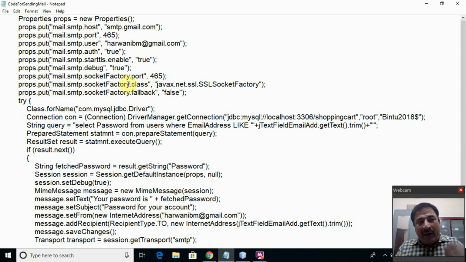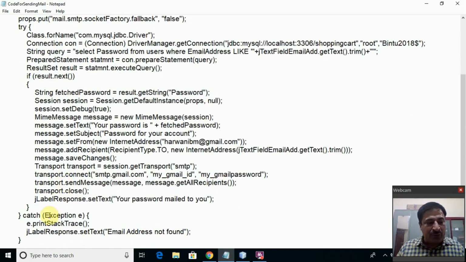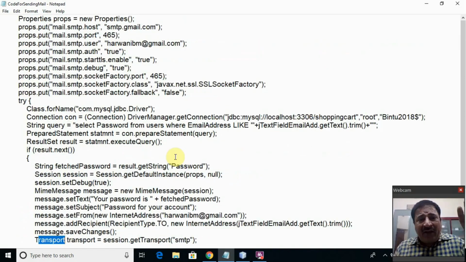See, for sending mail, you need three things. One, you need SMTP, Simple Mail Transfer Protocol. Second, you need MIME, Multipurpose Internet Mail Extension format. And third is transport. Now what is that? See, for sending email, you need SMTP, Simple Mail Transfer Protocol. What is a protocol? It is a set of standards. In normal language, you can say that it is a software through which you send mail. But SMTP doesn't send mail in any format. It sends mail in MIME format, Multipurpose Internet Mail Extension format.